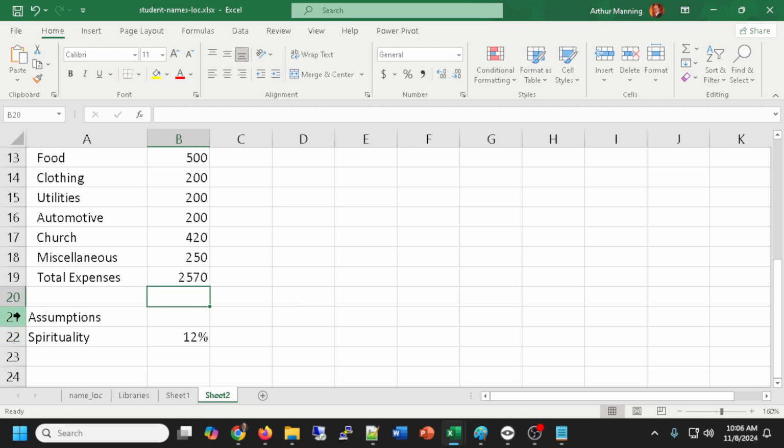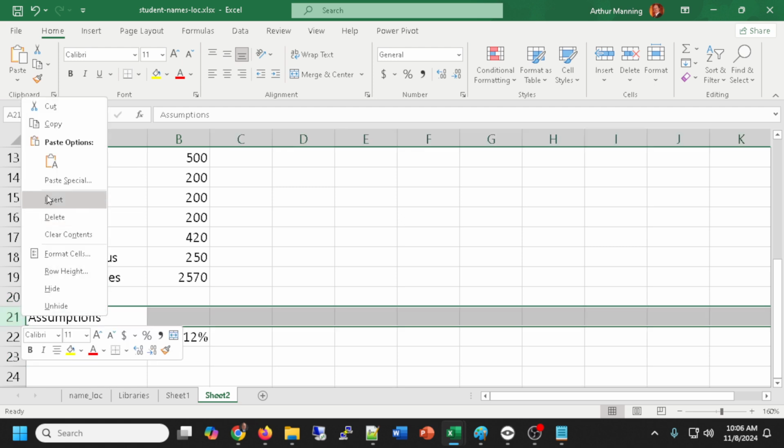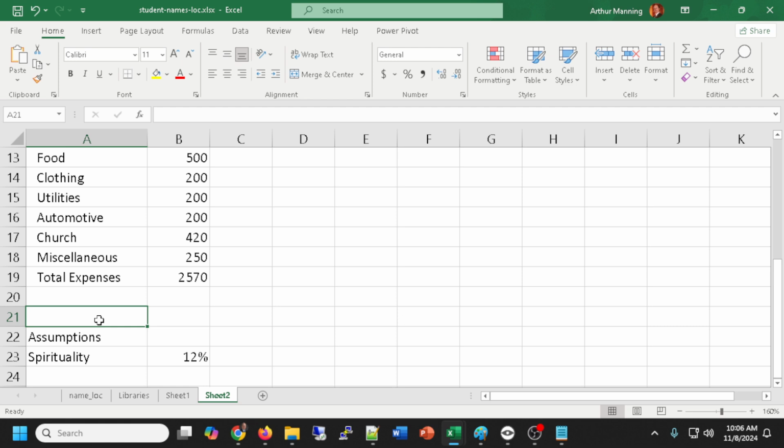And I'm missing one row. Let's insert an extra row here. I want to put in ending balance. This is the marriage saving formula again. Visiting one more time the marriage saving formula. It is equal to,